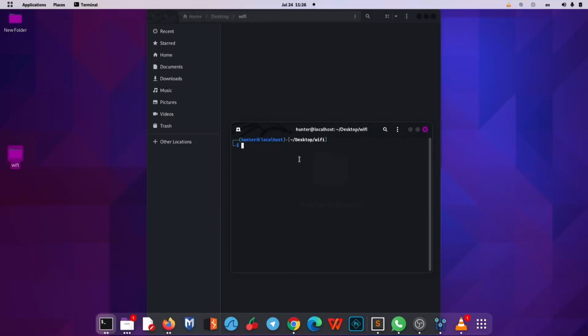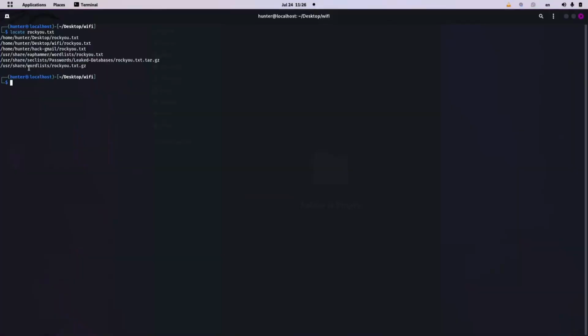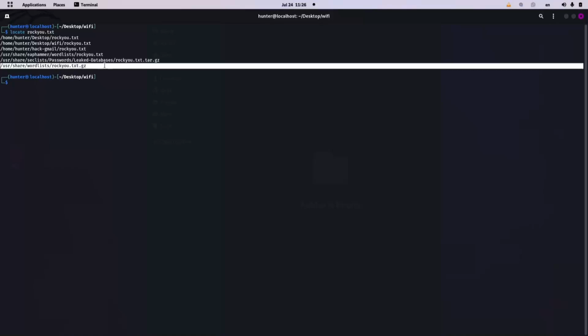The next command we are going to do is a locate command like we did last time. So we're going to be locating a file called rawq.txt. This is basically a list of passwords. It contains more than 1 million commonly used passwords. So if you've never used this before, your rawq.txt is definitely going to be in usr share wordlists, and then